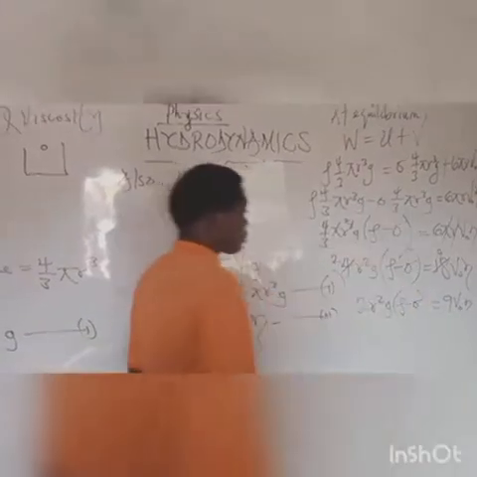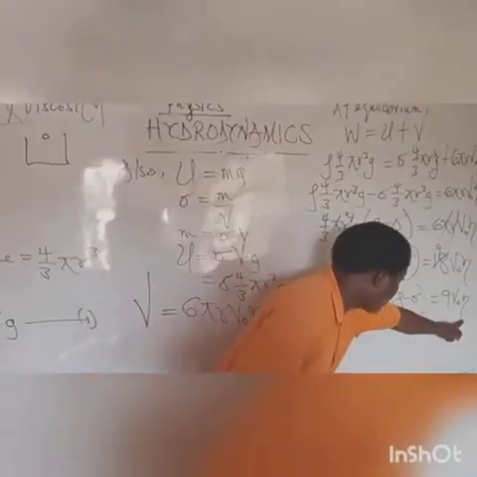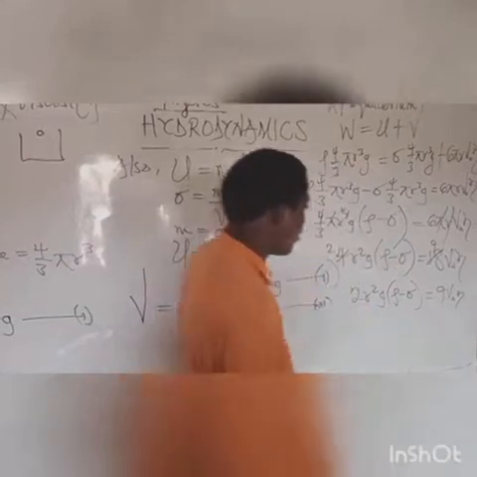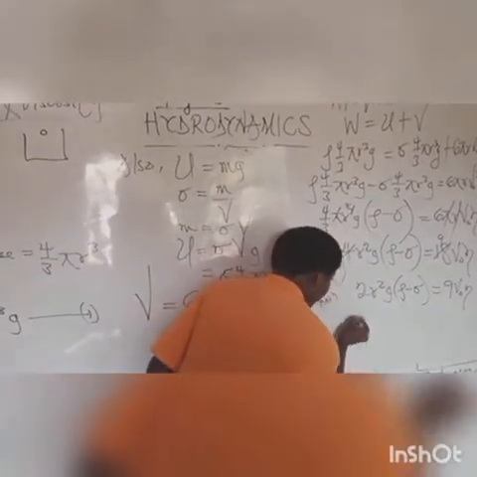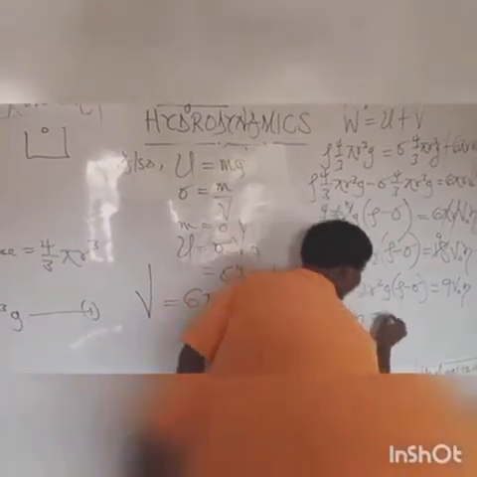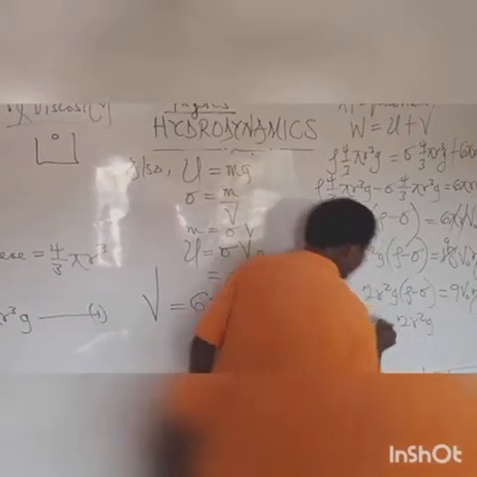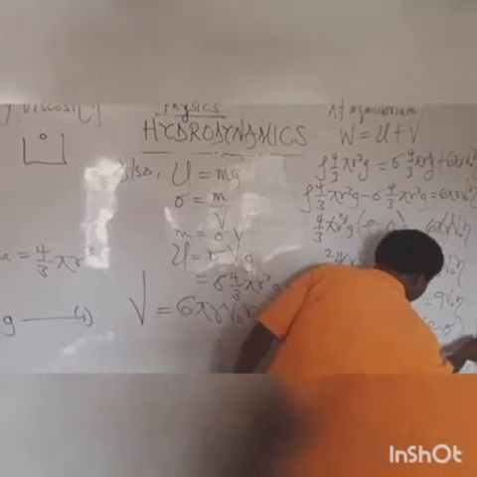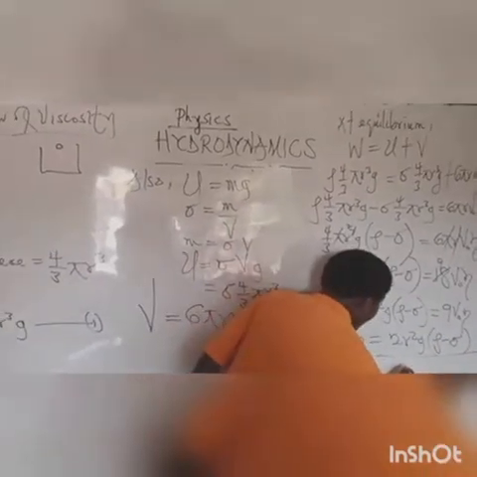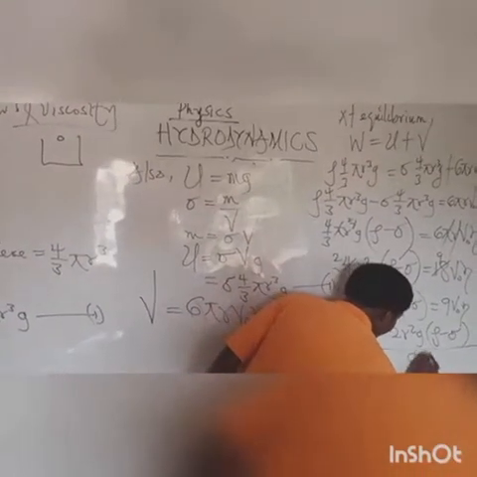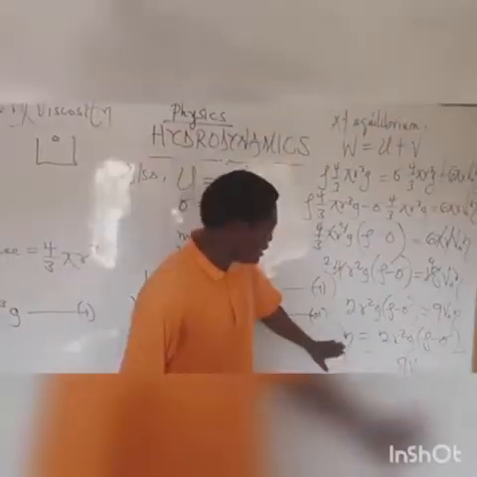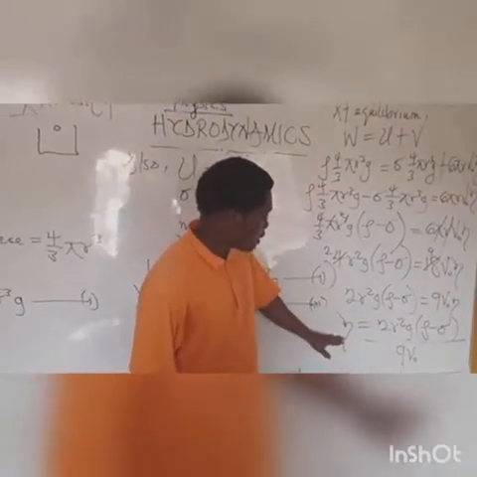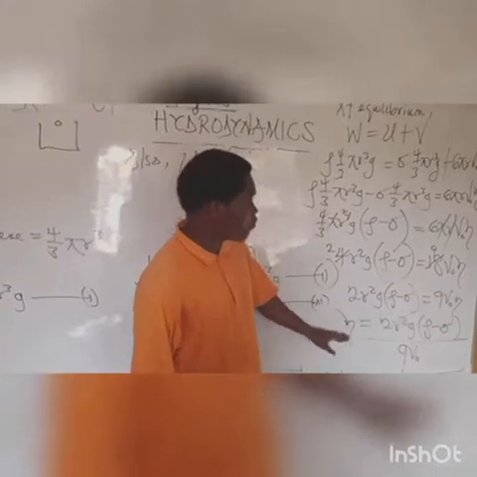By making the coefficient of viscosity the subject of the formula, we get the coefficient of viscosity eta is equal to 2 r squared g times (rho minus sigma), all over 9 V naught, which is the expression for the coefficient of viscosity